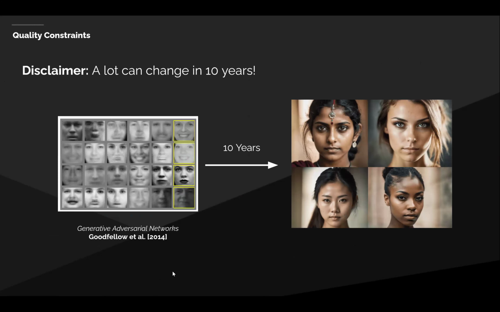A disclaimer to this is that I used to show a slide with pictures from the first GAN paper and the new one, with a little timeline for how long it took to get to this huge quality bar, which is that things change very fast in machine learning. If we have high quality data sets and we can train large enough models, I think we can hit the quality bar. So it may just be a matter of time in this case.